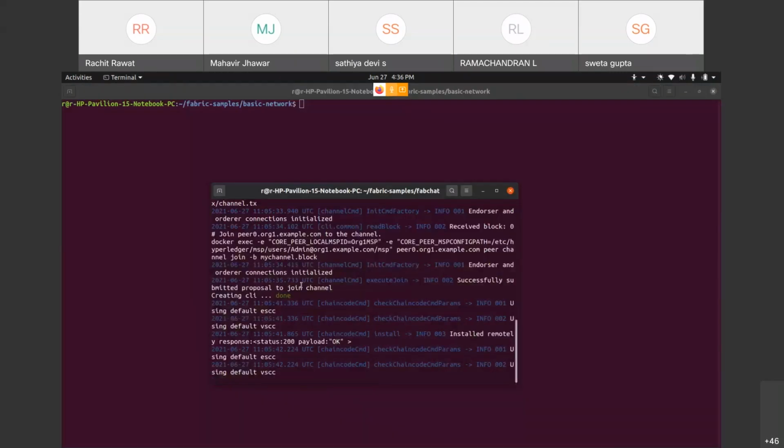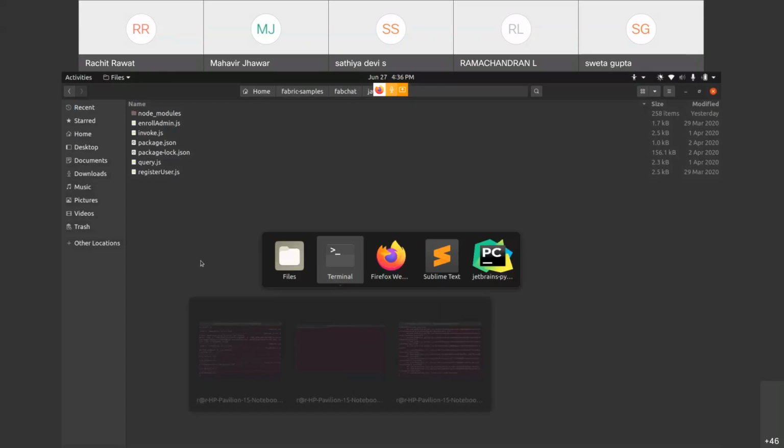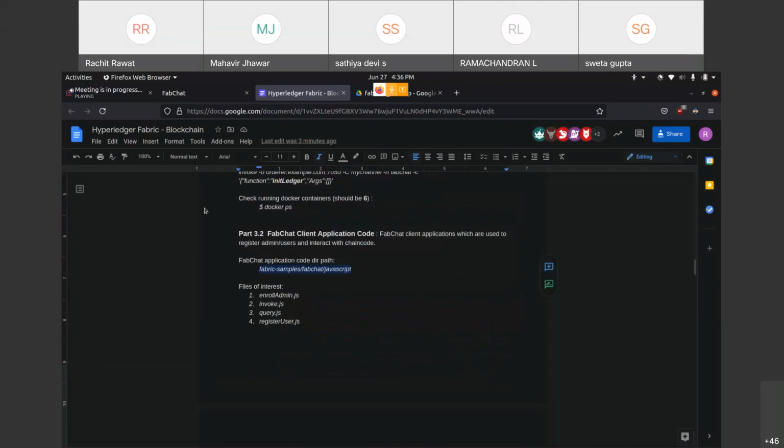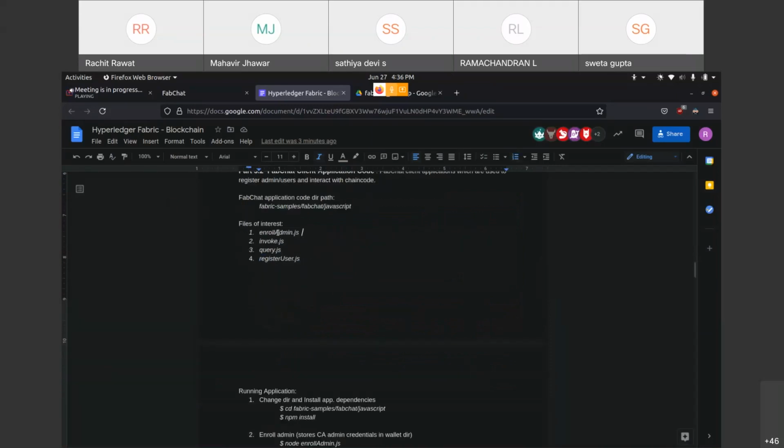Let me go to this directory. Okay. So the files of interest, we have 4 files: for enrolling admin, for registering users, and for invoking and querying, which we will see later what they do.